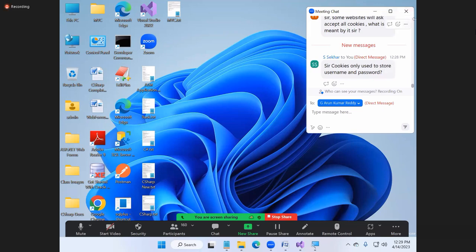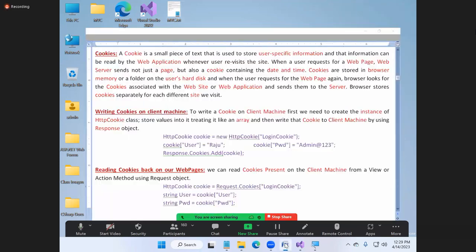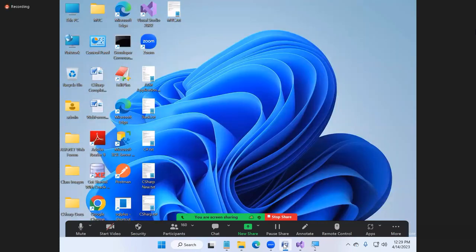Yes, cookies are only used. Okay, fine. So now the question arises here. Sir, how will a server create a cookie on my machine? Next, how will a server read cookies on my machine? These are the two things we need to learn now. First, I selected stay signed in. Server should create a cookie now. Next, when I go the next time, the next request, the server will read my cookie. So how to create a cookie? How to read a cookie?